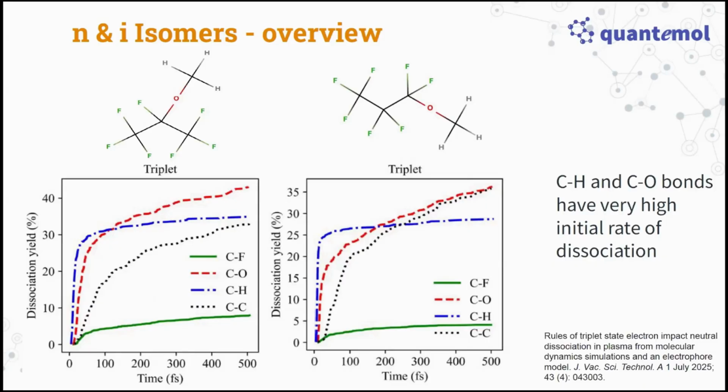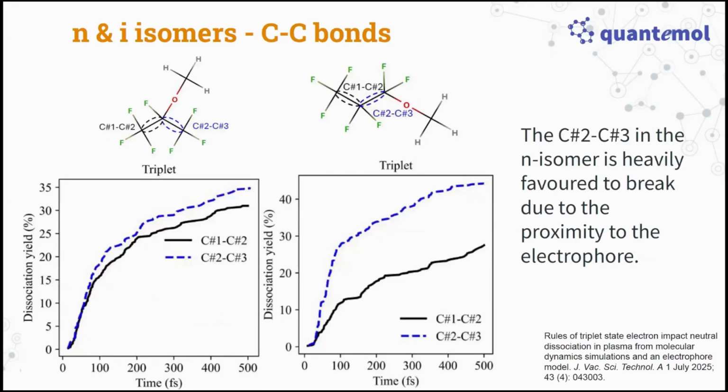We can also see that the electrophore on the left, this molecule is more symmetrical, and it has this electrophore in the center, closer to a lot more adjacent bonds, and actually has barely, but a higher overall dissociation yield than the other one, as the electrophore is capable of affecting more bonds. So the real differences between these molecules become interesting once you look at the individual bonds as opposed to bond types in general. And we can see that for the symmetrical electrophore isomer, we have this almost symmetrical